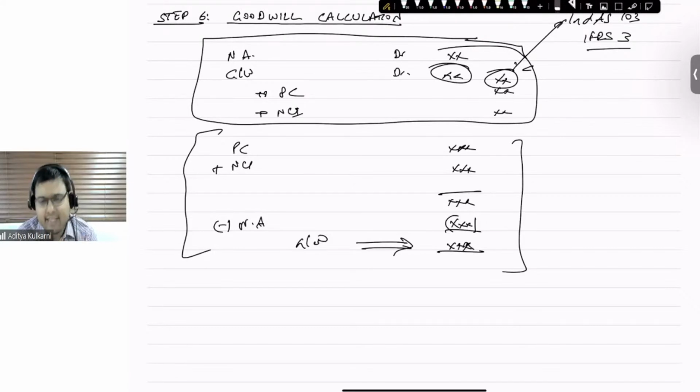If, like in these two examples, you know the scenario why you have paid less, in such a case you can show the negative goodwill as a gain on bargain purchase under other comprehensive income, and from other comprehensive income, you will route it straight away to the capital